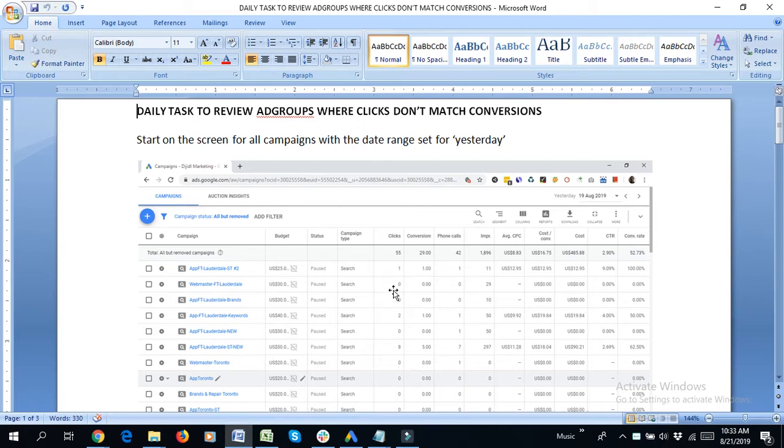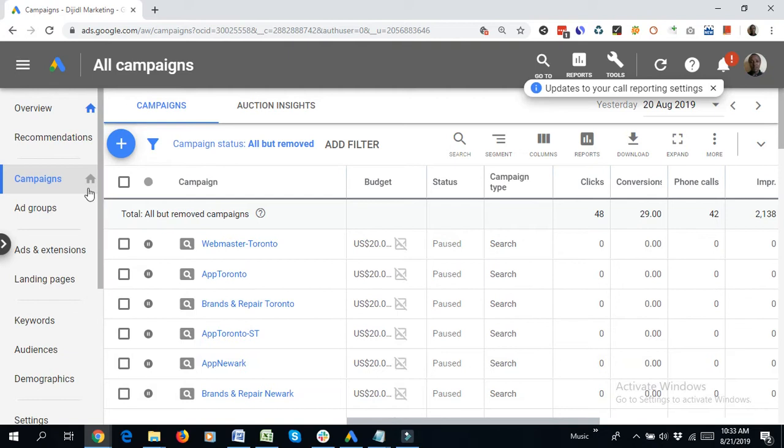In this video, I'm working on a task to review the ad groups where we get clicks. This is a task I do on a daily basis. We want to see which campaigns are giving us clicks, and if those clicks are matching conversions, and where they don't, we want to see if there are any improvements we can make. So what to do is to come to the campaigns